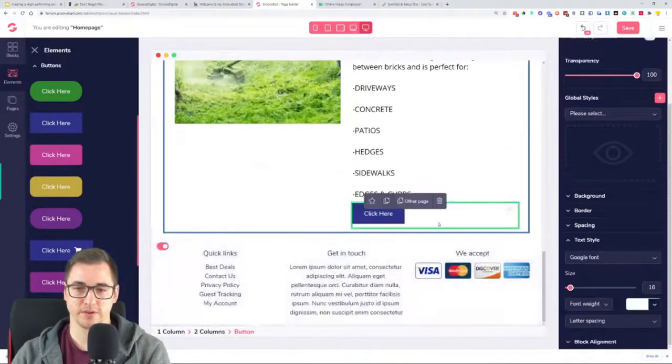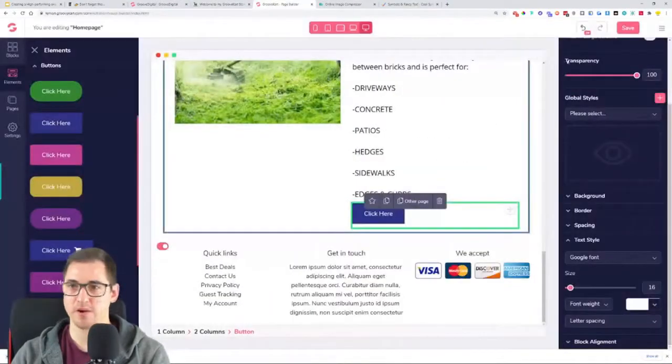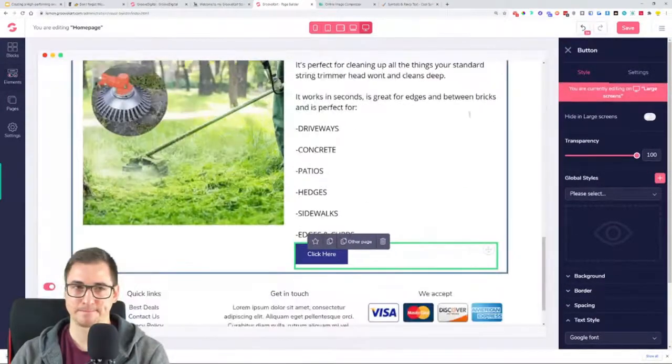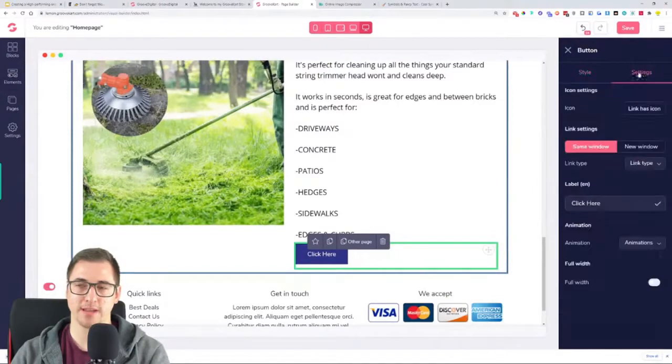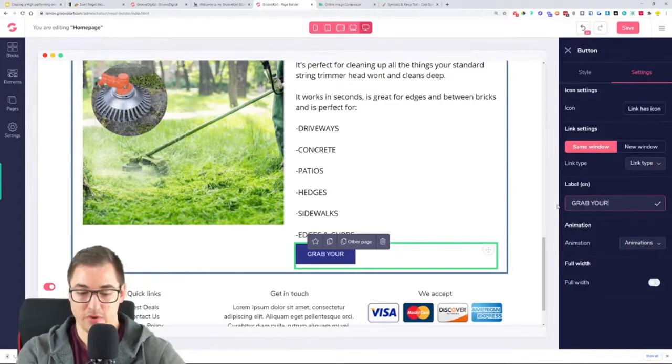Okay, there is our square button. In the button, I want it to say, grab yours here. So we click on the button, and in the top right-hand side corner, we see settings. In the settings, this is where we edit the label. Grab yours here